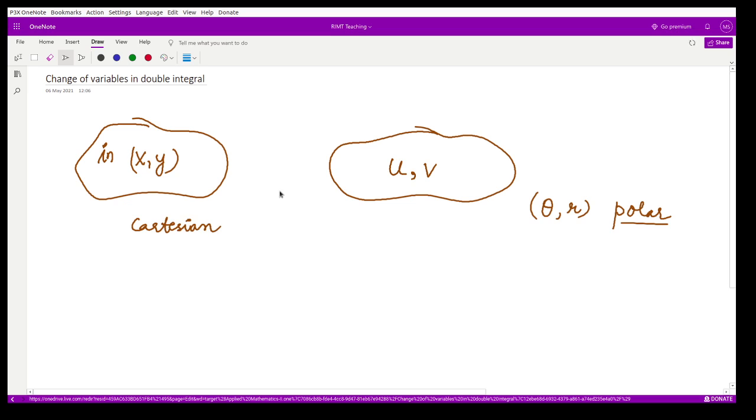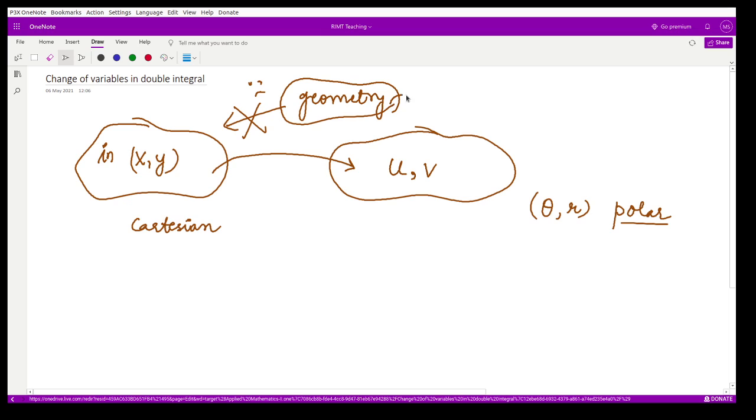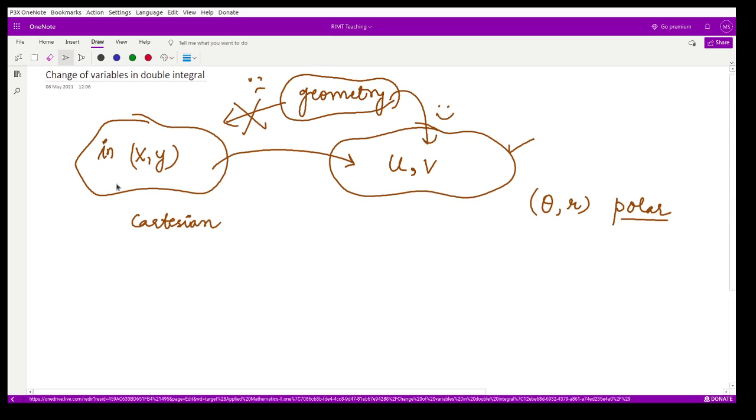Now say you wanted to shift from this system to this system, because your geometry or the area that you wanted to calculate is atypical and could not be solved here, right? So you go to this particular system so that you could very easily, by reducing the computations, solve whatever you wanted to calculate. So suppose in the Cartesian coordinates you have already calculated the double integral of the given function f of xy dx dy.